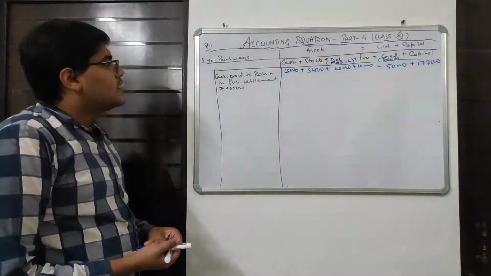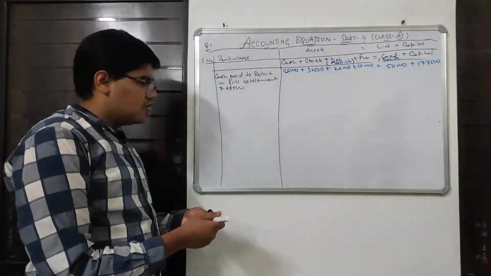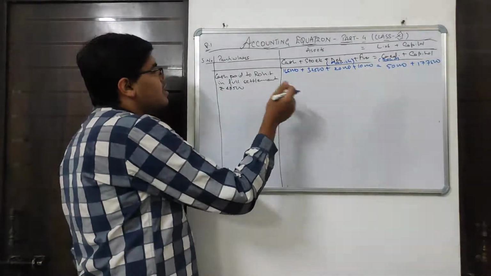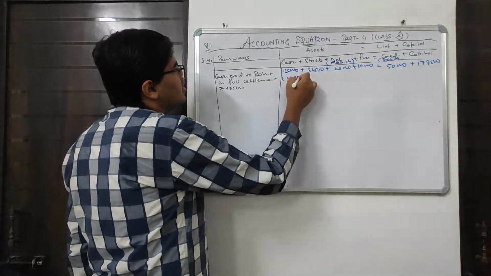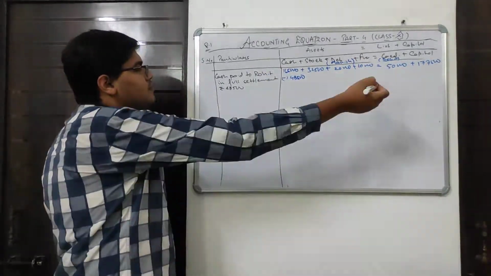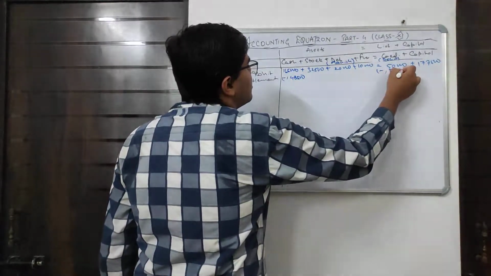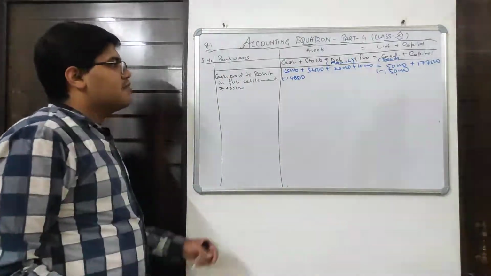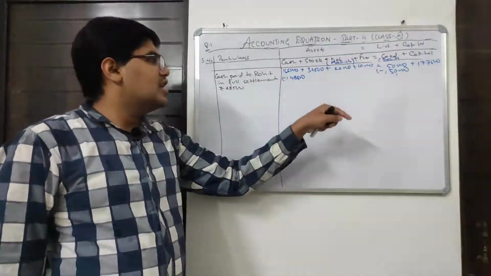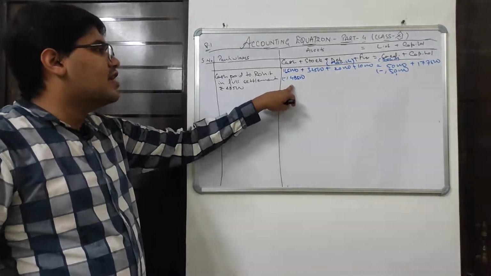Now we are returning the amount to Rohit. So we are making the payment of 48,500. So cash will be deducted from the business by 48,500, and the 50,000 will be deducted as the final payment. We have to make the payment of 50,000 and we are making the full and final settlement, that is 48,500.